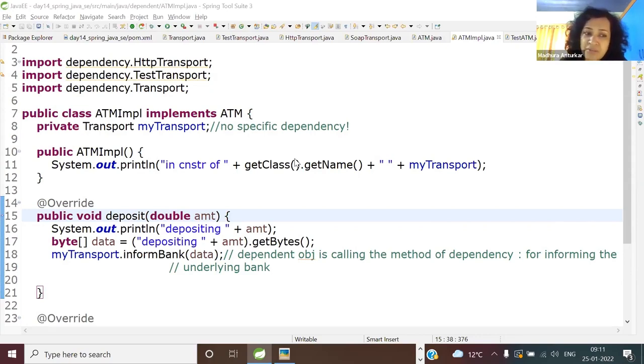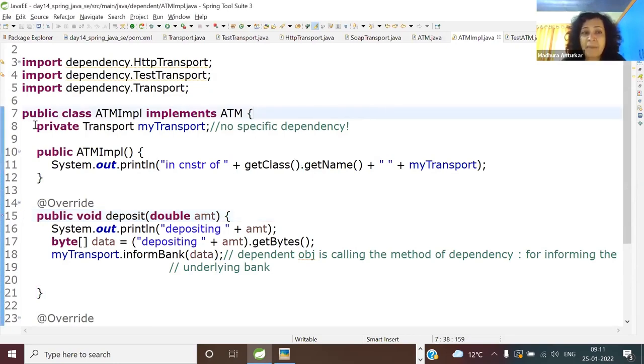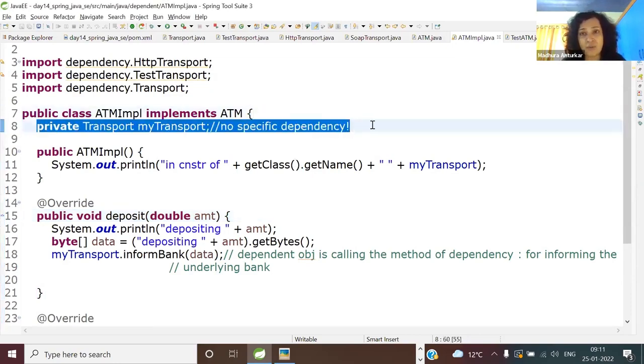You understood the question, or are you not clear with the question? I'll repeat the question for everyone's sake. I said, am I allowing you to change this line? Answer is no. Because the moment you change it to my transport equal to new test transport or new soap transport, we are doomed, as in tight coupling. So you can't change. You give me some suggestion which will work, which will not give me null pointer, point one, and which will not have any dependency specific code. Yes, guys, I also get this. Switch casing, no. Switch casing will again hard code it.